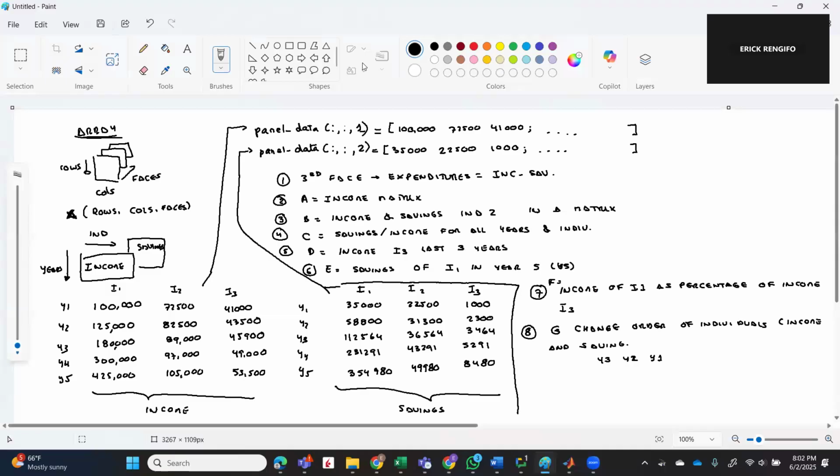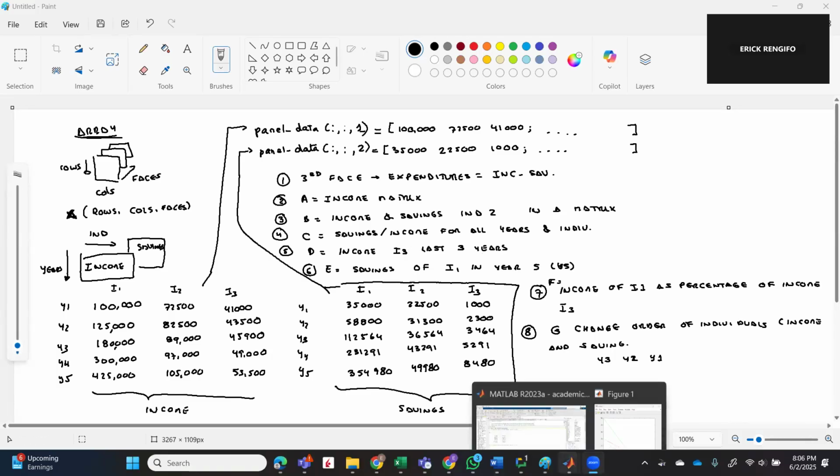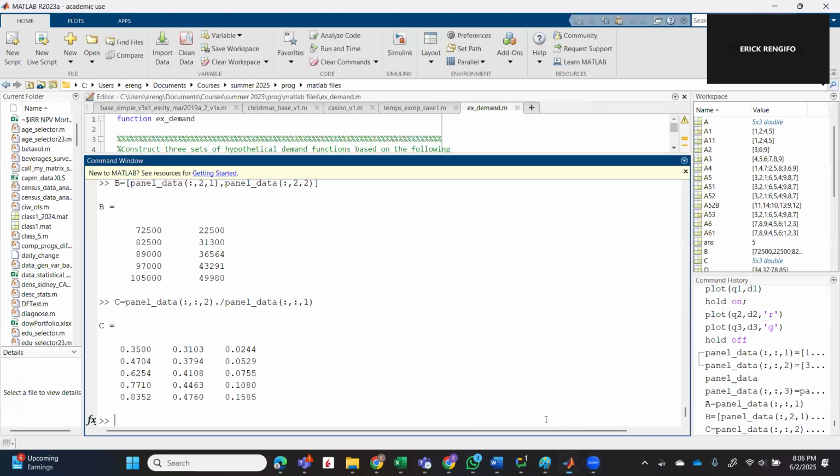Okay. So let's do D. You tell me. Let me start recording. So D is the income of individual 3, last 3 years. Okay, guys, you tell me. We'll copy this one here and you tell me. I want the income of individual 3. Income is 1, right? Okay, so what do I do here? Is it panel data